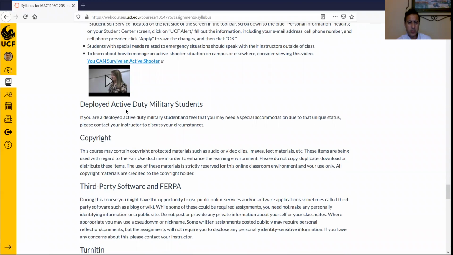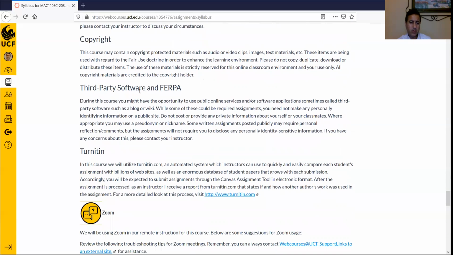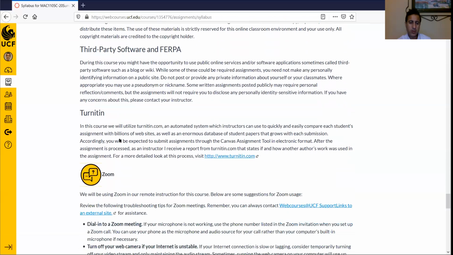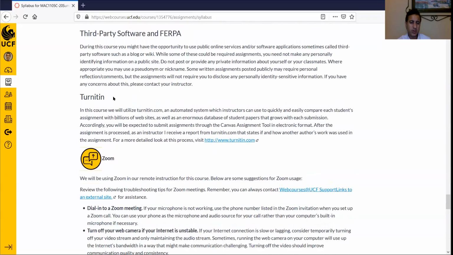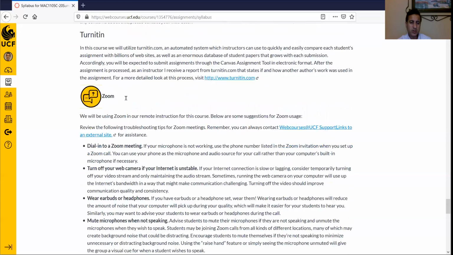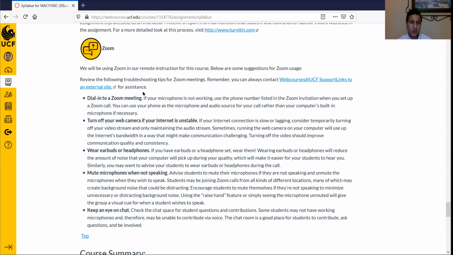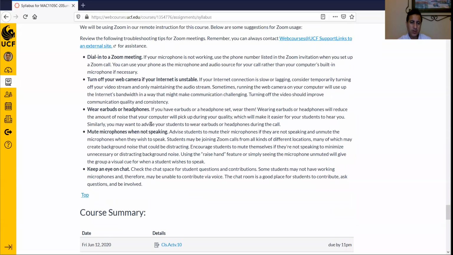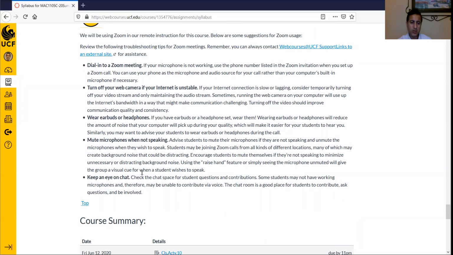If you're a deployed or inactive military student, you need to contact me if there is anything that we need to work on. FERPA, you need to know your rights about it, and Turnitin. We don't have any assignment in this course that uses Turnitin, but we put it here in case we use it. And I used it in some semesters. Zoom tips here, please keep these when we use Zoom for some